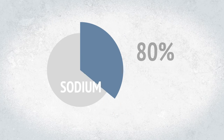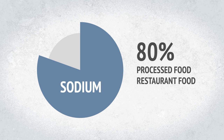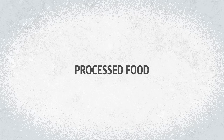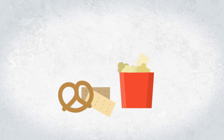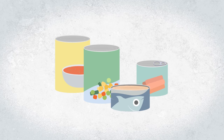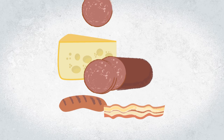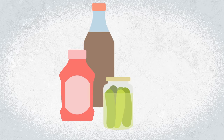About 80% of sodium we consume comes from eating processed or restaurant foods. Here are some common examples of processed foods: fast foods, crackers, pretzels, and popcorn; canned foods like soup, vegetables, meats, and fish; cheeses and cured foods like bacon, sausage, and salami; frozen and prepared meals; condiments, pickles, soya, and hot